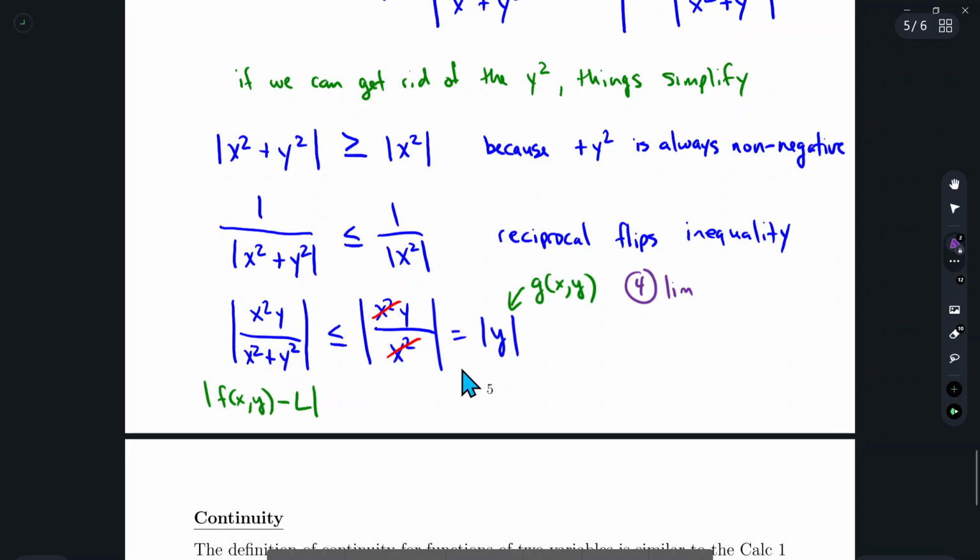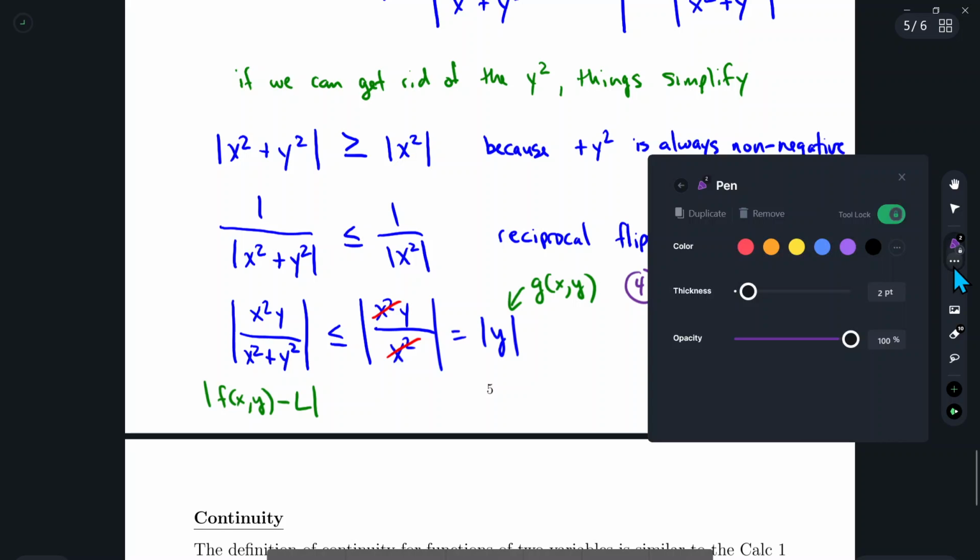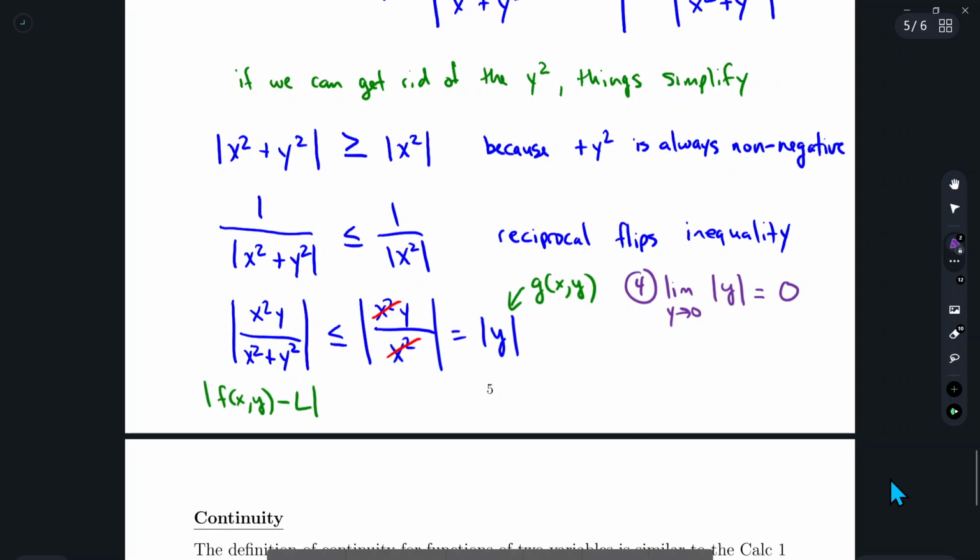g only contains y, right? So it's the limit as y goes to 0 of the absolute value of y. Right, so again, I calculate the limit for g. But okay, so now y goes to 0. So just plug in 0, you get 0. So we see that this limit is equal to 0. So that's exactly what we want. And so now we can conclude